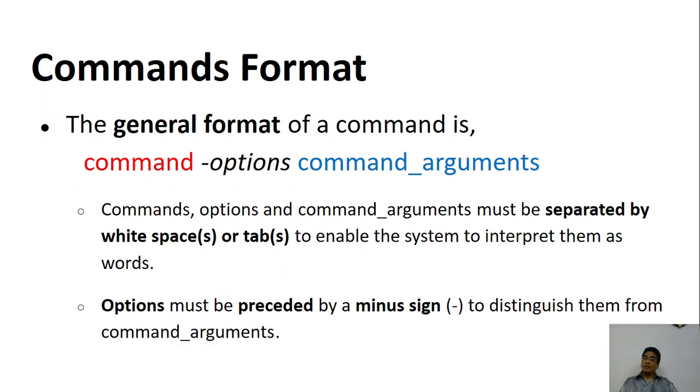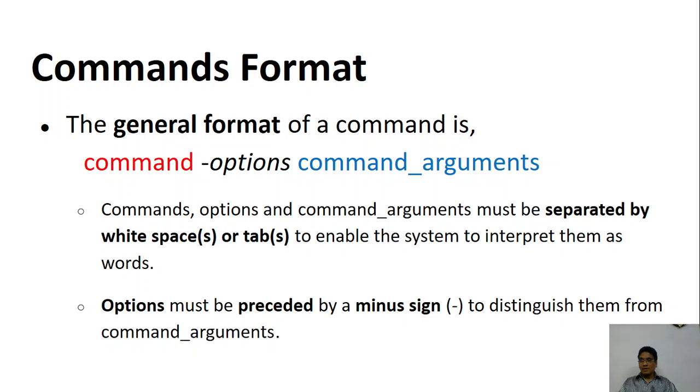Now, in general, Linux commands have three different parts. One is the name of the command that we want to use. Then there are many options. Options are various parameters that you can use to fine tune the command, like various options which are available within the same command. Even though the name of the command may be the same, the options are different. So using different options, we can use the same command to perform different things. The last thing that is given to the command is the command argument. These are nothing but the objects on which the command has to be executed.